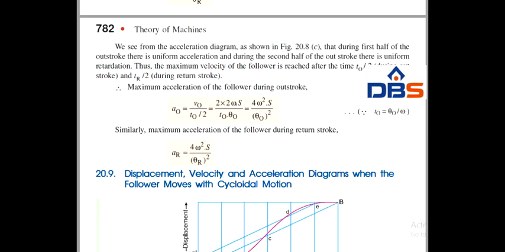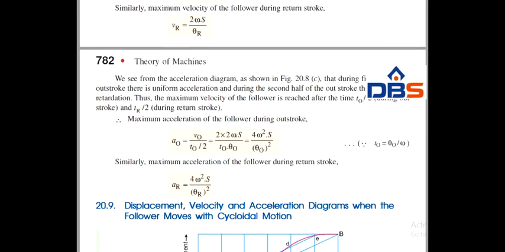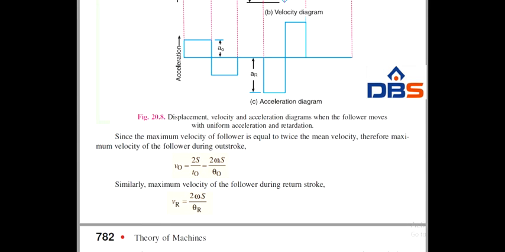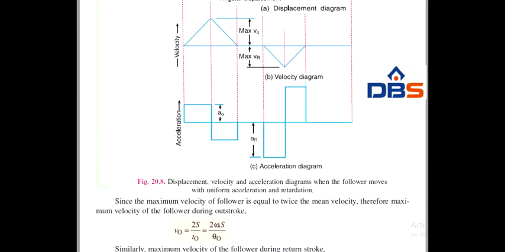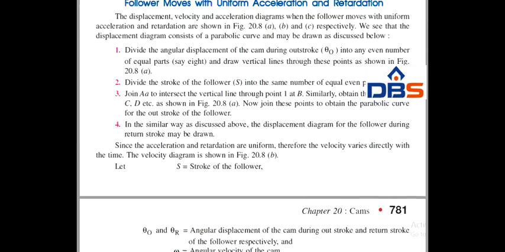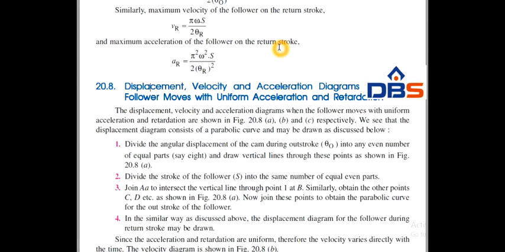Up to here, we have covered the displacement, velocity and acceleration diagrams when the follower moves with uniform velocity, SHM, and uniform acceleration and retardation. Based on these three diagrams, we solve the problems and draw the cam profiles also. In the next video we will directly go for the